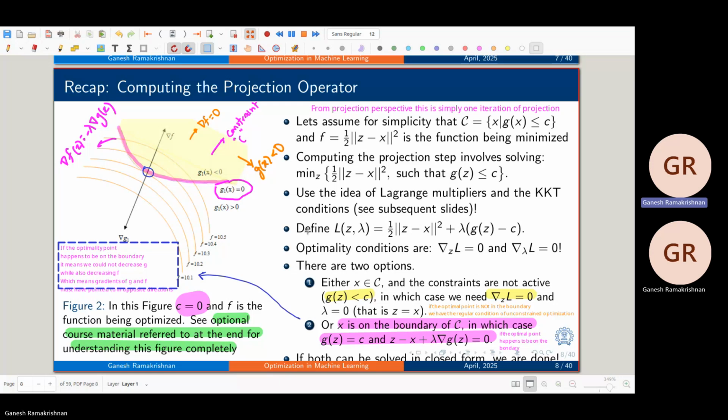If g1(x star) is less than c, then the gradient of f at x star should be 0. On the other hand, if the point of optimality were to lie on the level curve, else if g1(x star) is equal to c, that is, it's a constraint which is active,